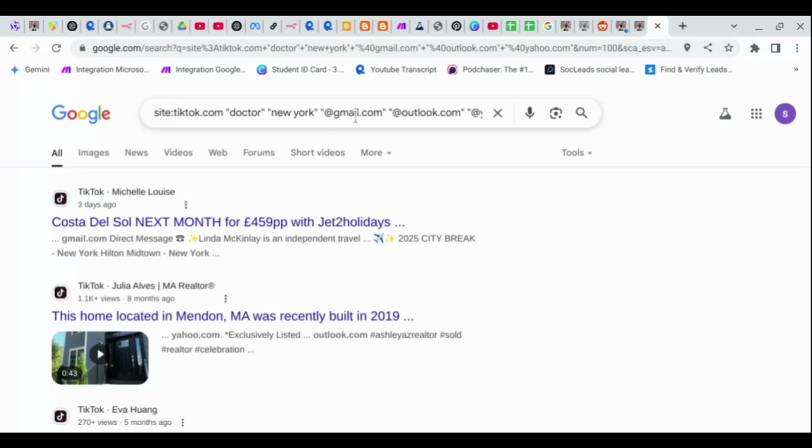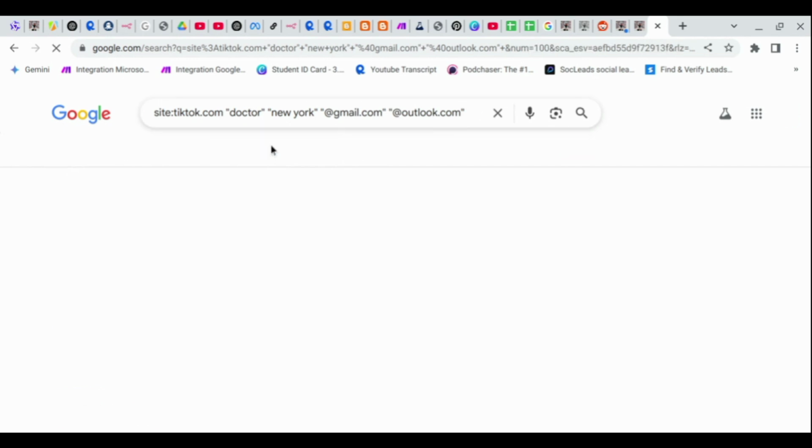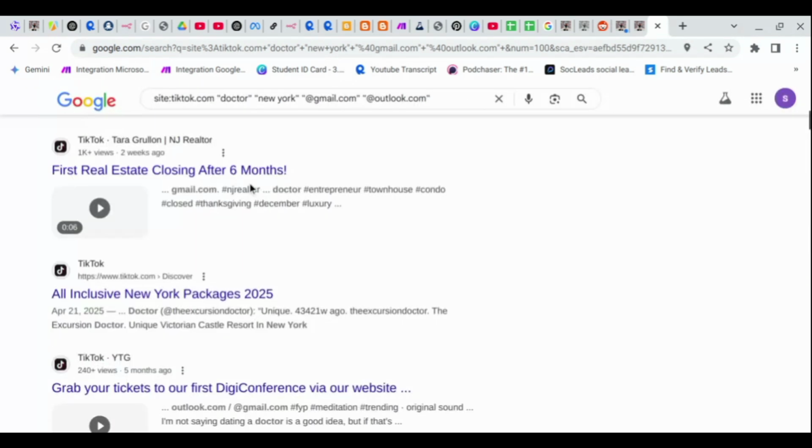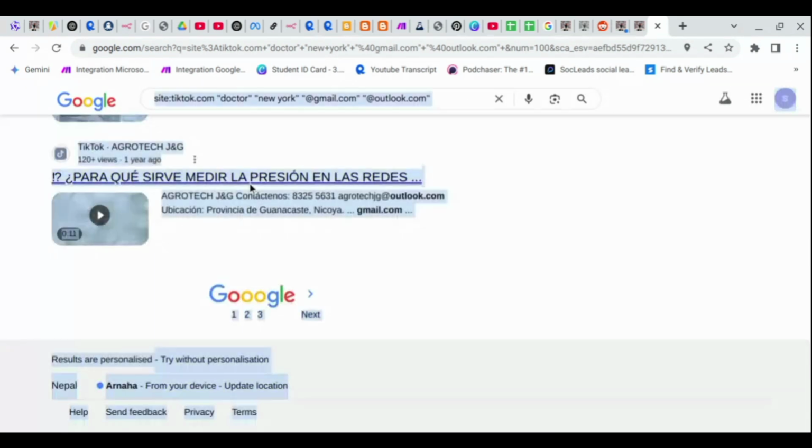So I think we simply remove the word between Gmail, Outlook, or Yahoo in the commas. We simply remove Yahoo. My spelling is wrong, so I simply remove Yahoo mail. Now we got around